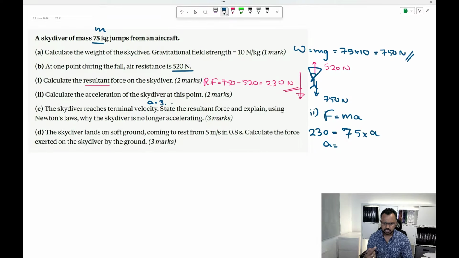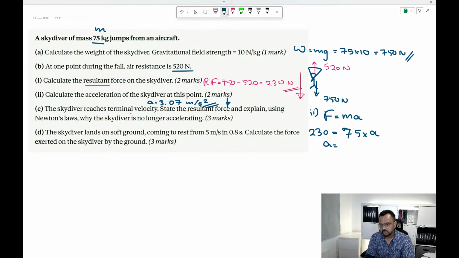Yeah, divide. Did I say times? Sorry if I said. I did division on my calculator, and that's what I meant to say anyway. So 3.06 recurring, so let's call it 3.07 meters per second squared. That's also downwards. For this one, direction is not compulsory, but I'd rather do it. The person is accelerating downwards at 3.07 meters per second squared.